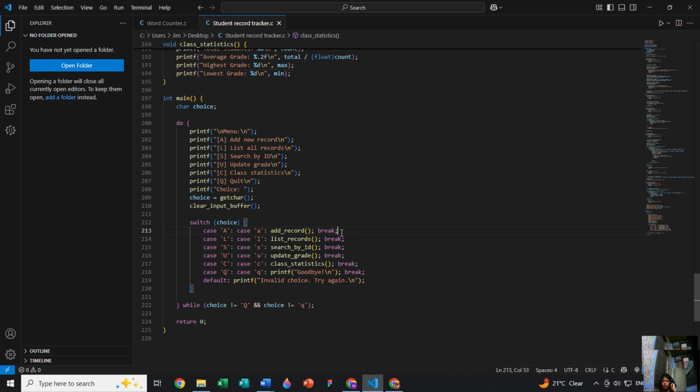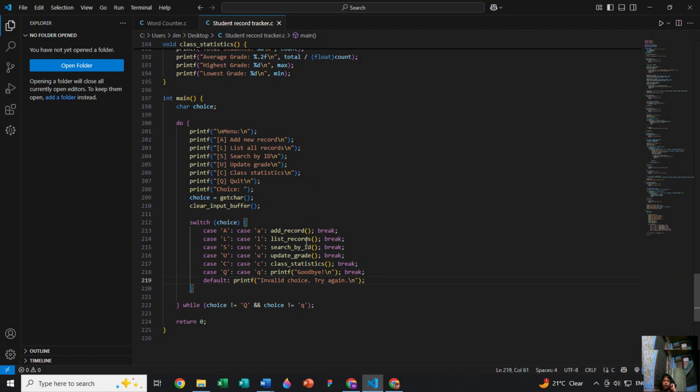Like in here, for add record, it will be capital or lowercase a. Same with the list records, either capital or lowercase, and so on with the search for the ID, the updates, class statistics, and the print, and to stop the program with Q.